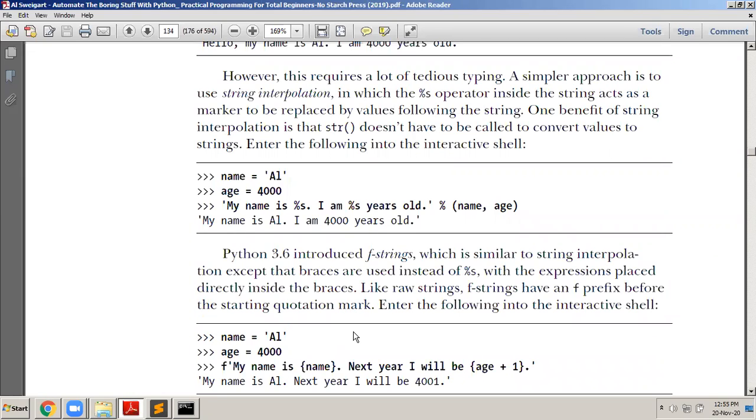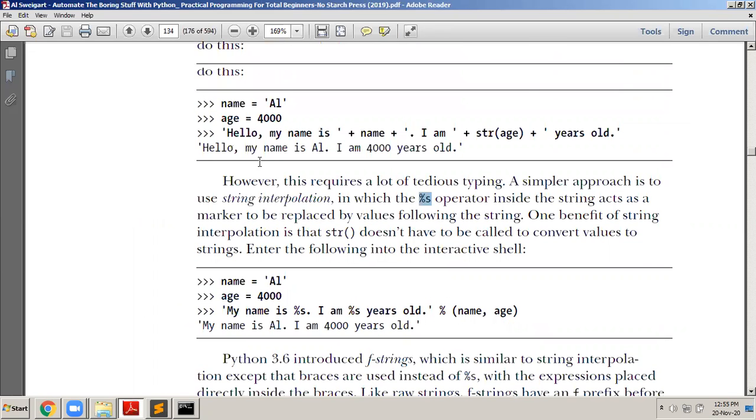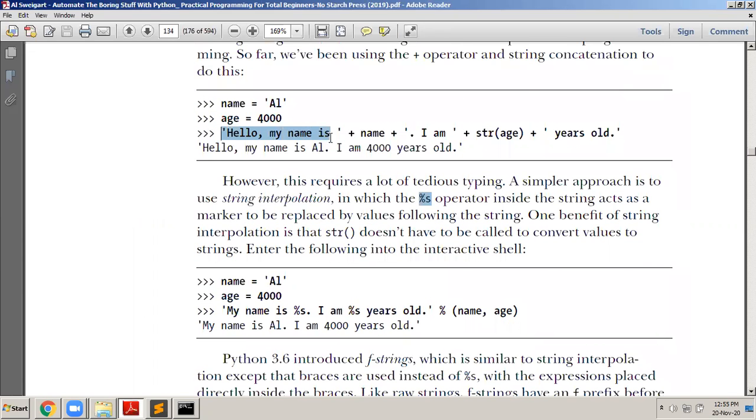There is another way of concatenating strings to the main strings in between somewhere. This is called string interpolation. We use the %s operator to do it. The same thing that we achieved here by writing "hello my name is": the string from here to here, the plus operator will attach the name variable to the main string. Then again there is concatenation, so this string from here to here is concatenated with name, and then after that